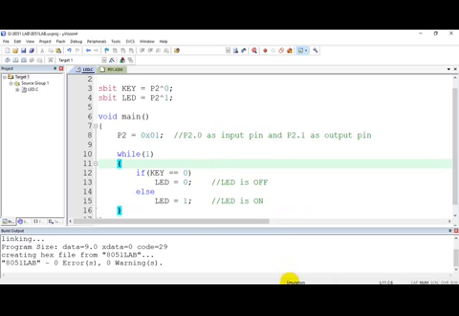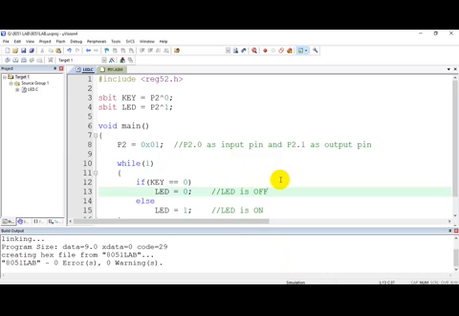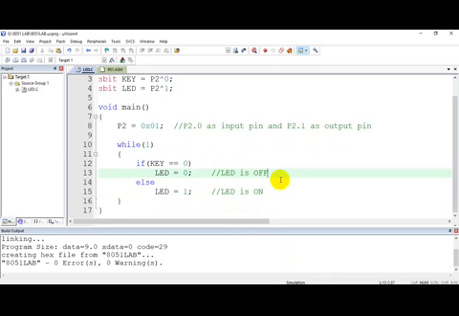Okay, now see, in the examination, you may write the program either in assembly or C if nothing has been mentioned in the question. But if they say write an assembly program, then you should write in assembly. And if they say write a C program, then you should write it in C language. Okay. Now we have written in C program. We shall also write it in assembly program.